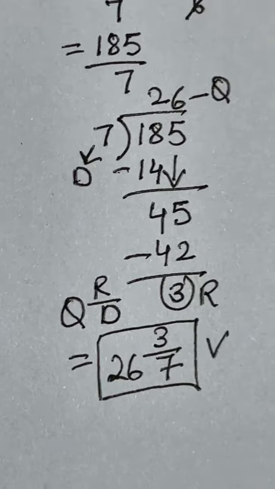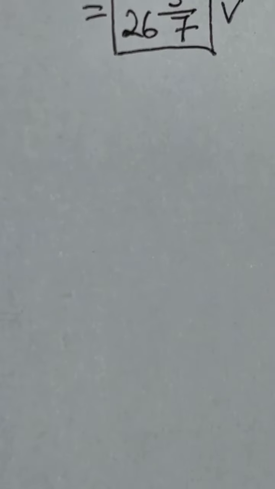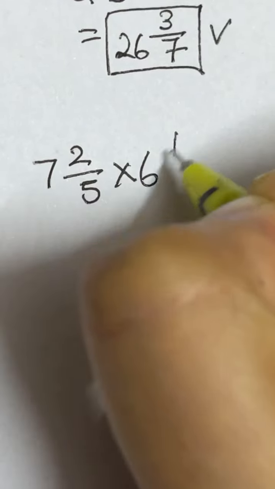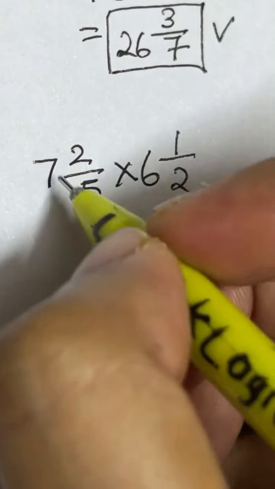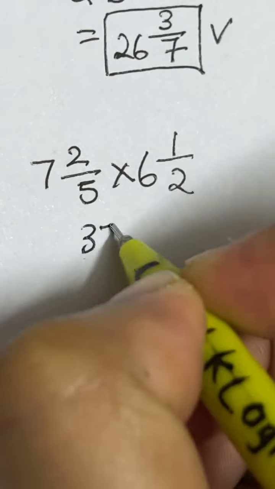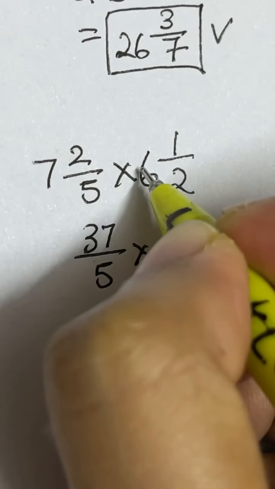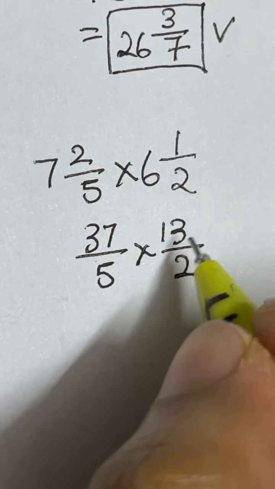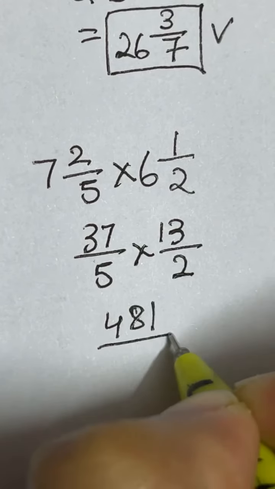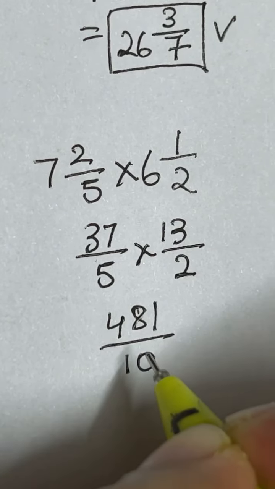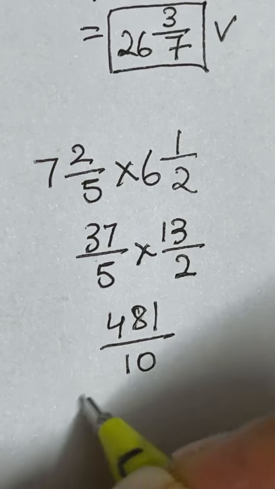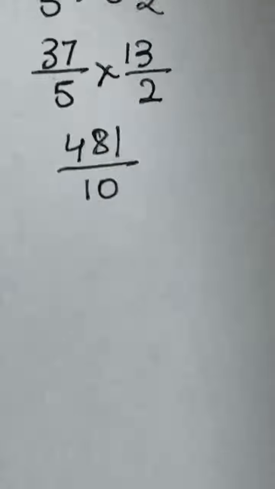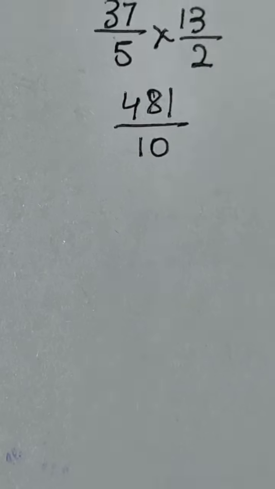Okay, let's see one last example on this. That's 7 2/5 times 6 1/2. So 7 times 5 is 35 plus 2, that gives me 37 over 5, times 2 6 12 plus 1, 13 over 2. So 37 times 13 will give you 481 over 10. In decimals you can write 48.1, or when you use QRD rule, or when you break down things, you can just simply divide to write down